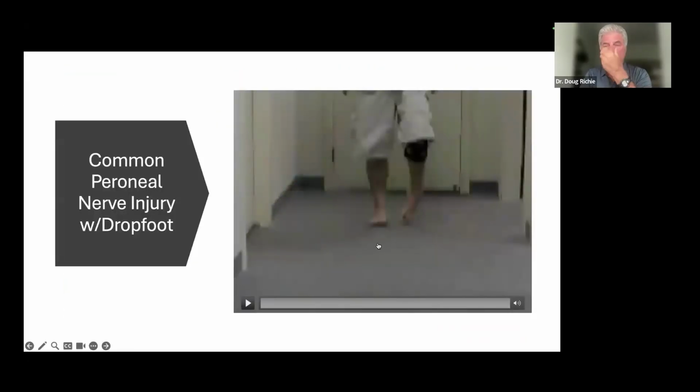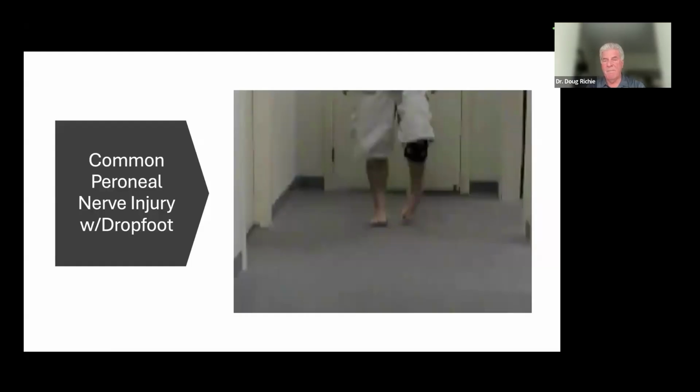A less famous story, but a common story. This is a patient of mine who was struck by a car. He's 28 years old. He suffered a traumatic knee dislocation. He had surgery. He wears a knee brace still because the knee is still unstable, but he has a common peroneal nerve injury with the altogether